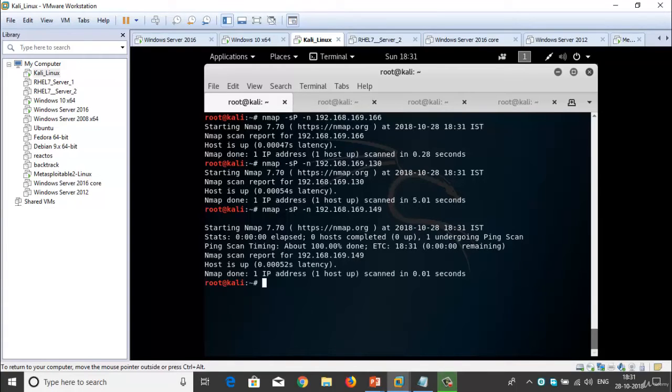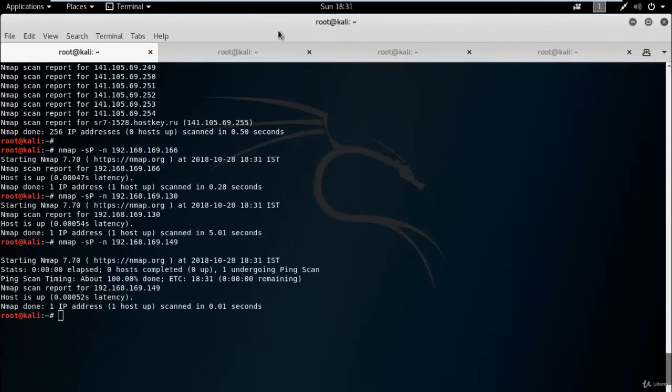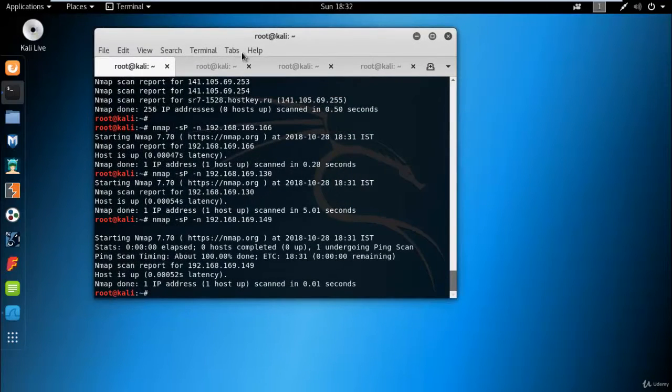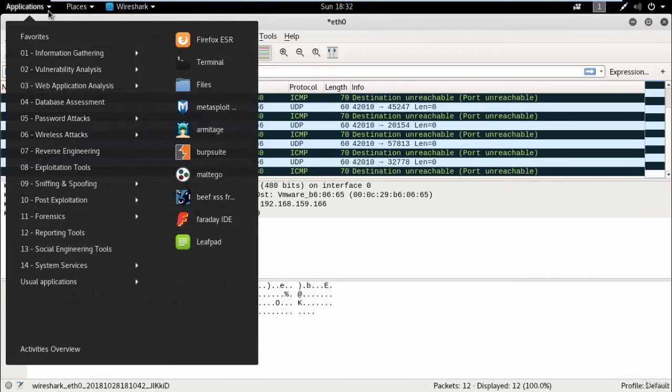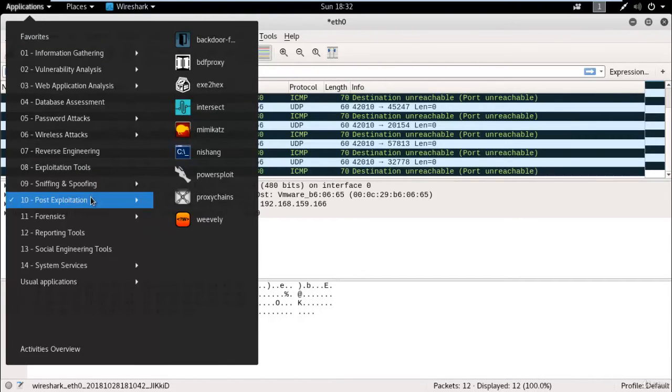So the device is already up. Now let me open Wireshark. Wireshark is a network sniffing tool. Here I already opened Wireshark. You can go to Applications, and in Applications go to Sniffing and Spoofing, and here Wireshark is available.